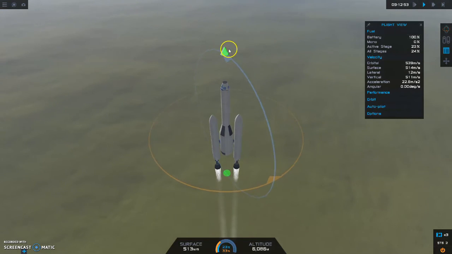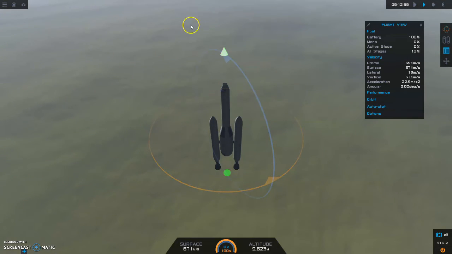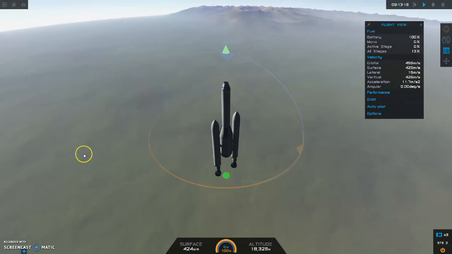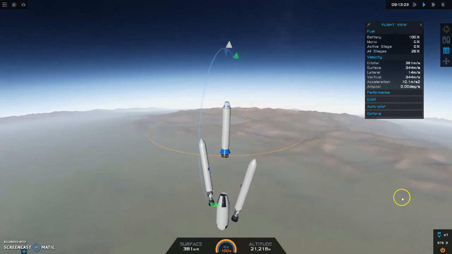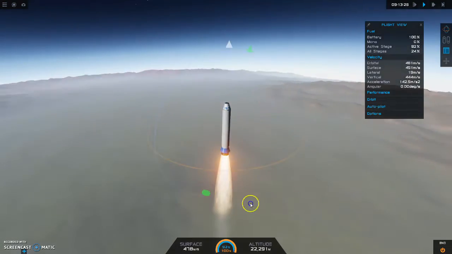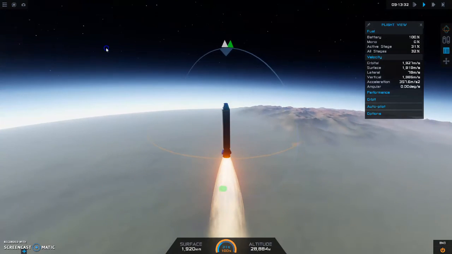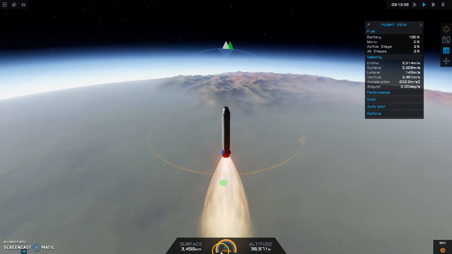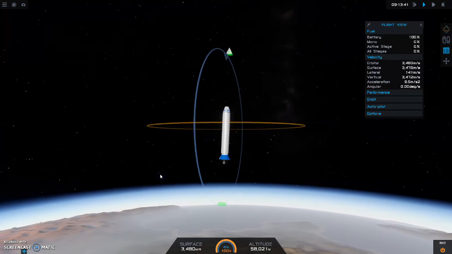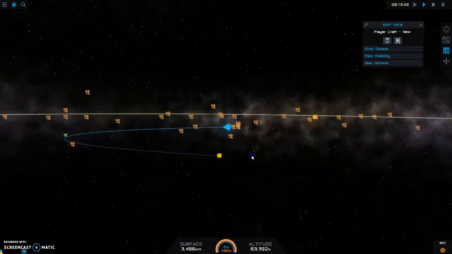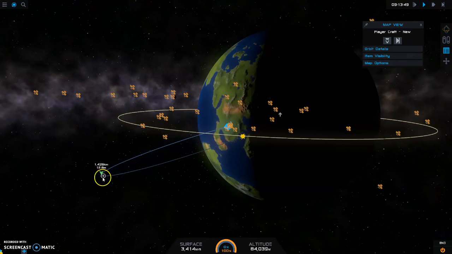And if you can see here, this gray one is. So now that this stage is out of fuel, I'm going to press space and then press space again and engage my solid rocket. And look at that. I'm already out of fuel. But now I can look at my map and look at that. So this blue line is my orbit, and this green arrow right here